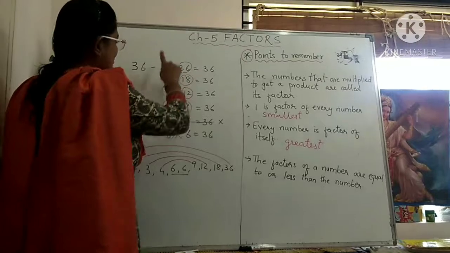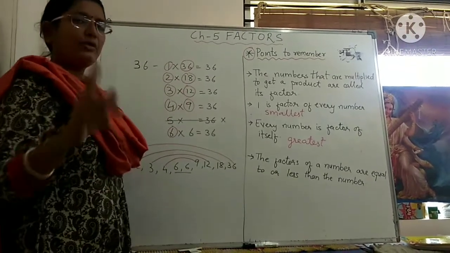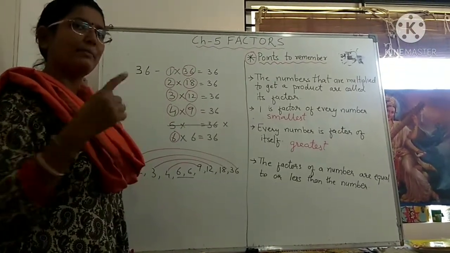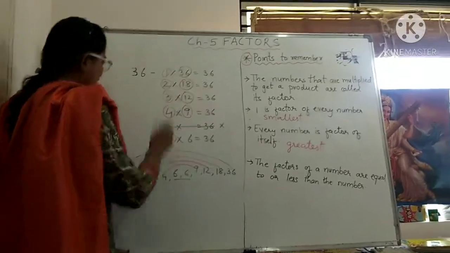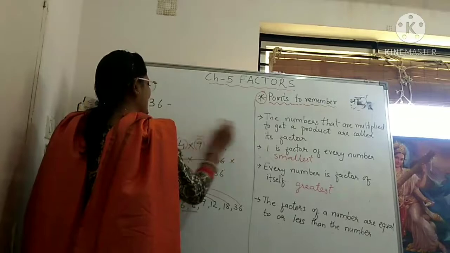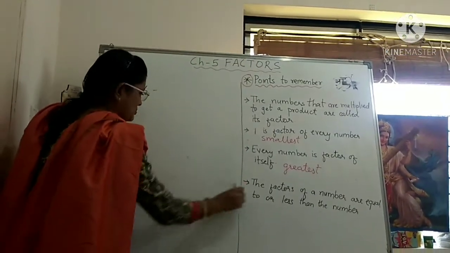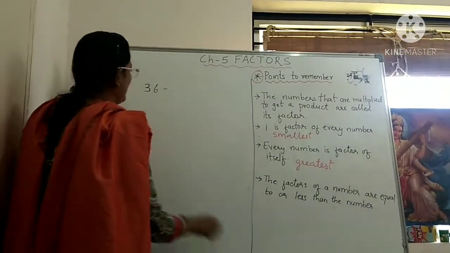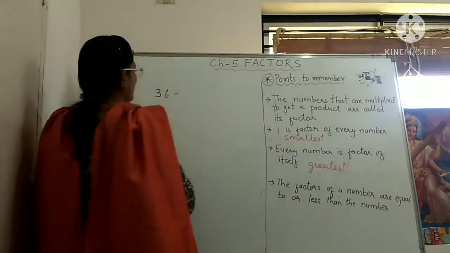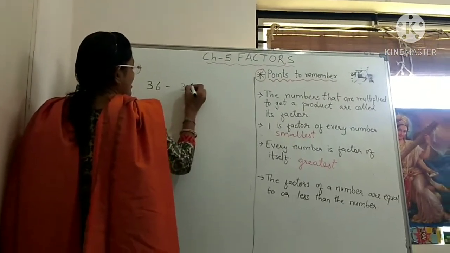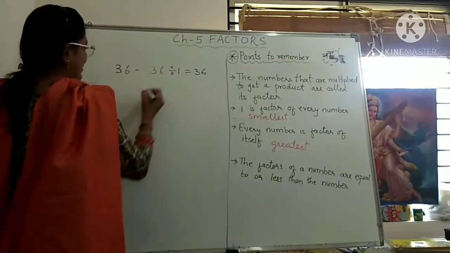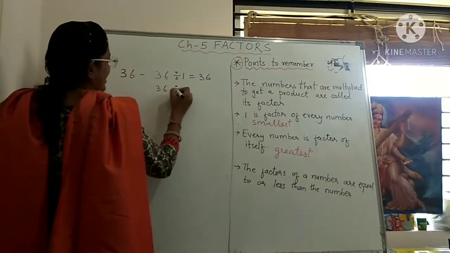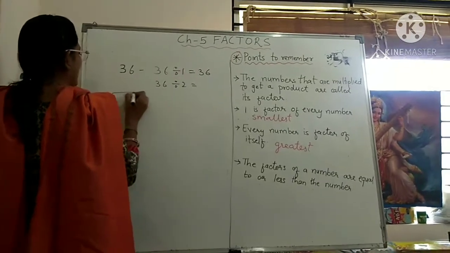Okay. This is the method of multiplication. During the exercise also I will explain the method again, but one time I have explained you this. Okay. Now let us start with the division method. Let me take the same number so you will understand much better. In 36, here you have to do different. Means 36 divided by 1 is equal to 36. Right. 36 divided by 2. One by one you have to divide all the numbers.